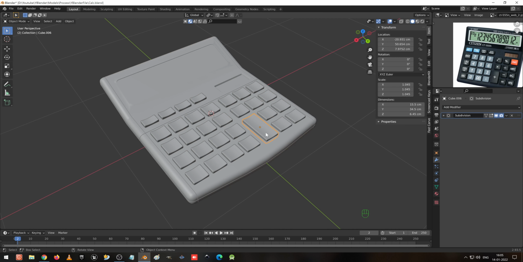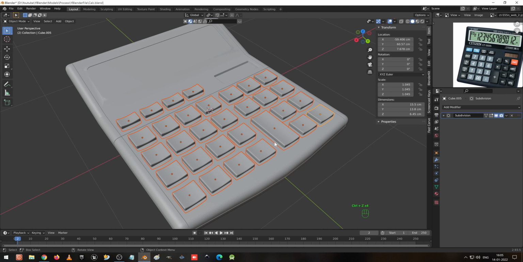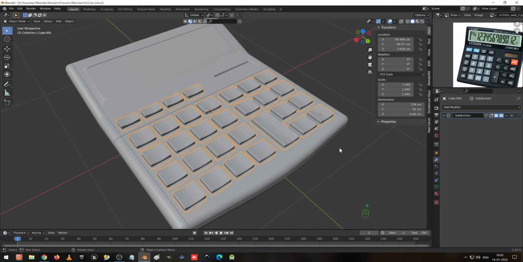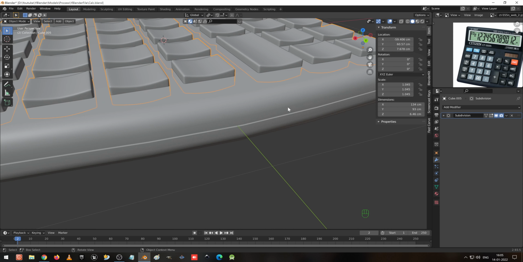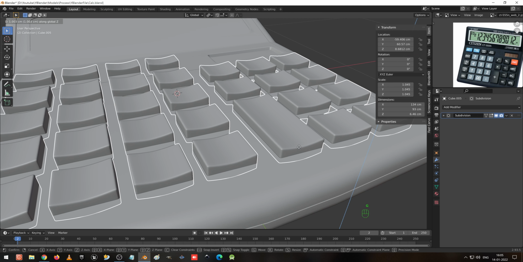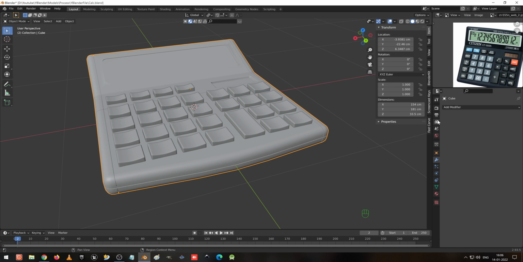boolean. Okay, so I made a mistake. Now after selecting this, it has been 1045, no, right? In this situation what we have to do, press Ctrl J to apply as a single object as button, which is required for us the same. Okay, now go to GZ and move a little bit up. Now select this calculator and go to the boolean, select that and select this button to apply a boolean effect.